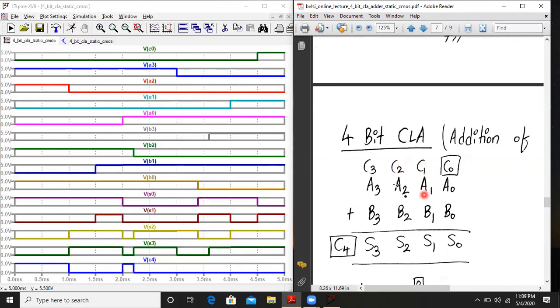We will check it for one case. So for one of the cases we'll definitely check all the values, whatever you can see here. But for most of the cases, we will mostly verify the answers by the sum terms S0 to S3 and the C4 term. So let us start. First we have A3.